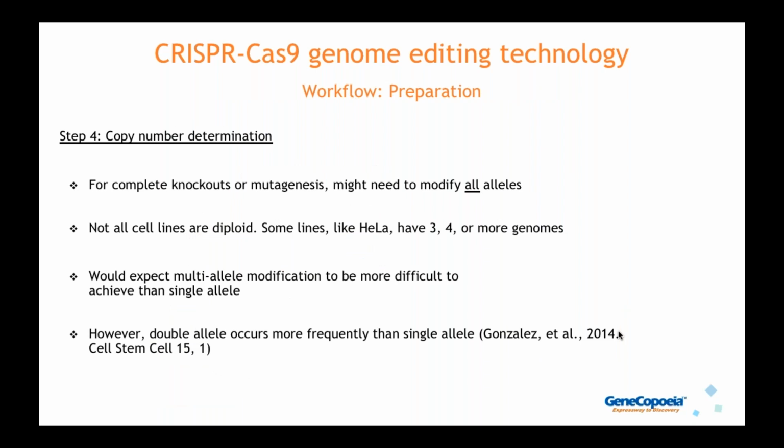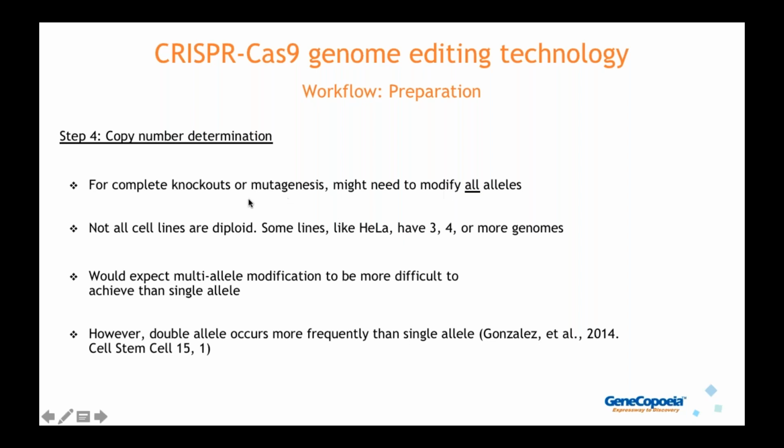Okay, the next step we recommend in the workflow is to do copy number determination. Again, not essential, but this is important because for complete knockouts or mutagenesis, you might need to modify all alleles of your genome. Now, you may have noticed I mentioned all alleles and I didn't say both alleles, and